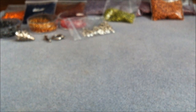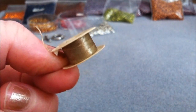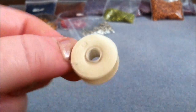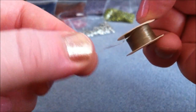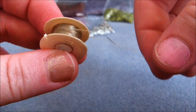Then, because you're going to be making lots of different strands, you will obviously be needing some thread. And I've got here, this is beading thread, and I have this brownish color. Use beading thread, and you can get beading thread in pretty much any beading store. I think you might even get it in some other stores, but beading thread is just like regular thread, but it is how